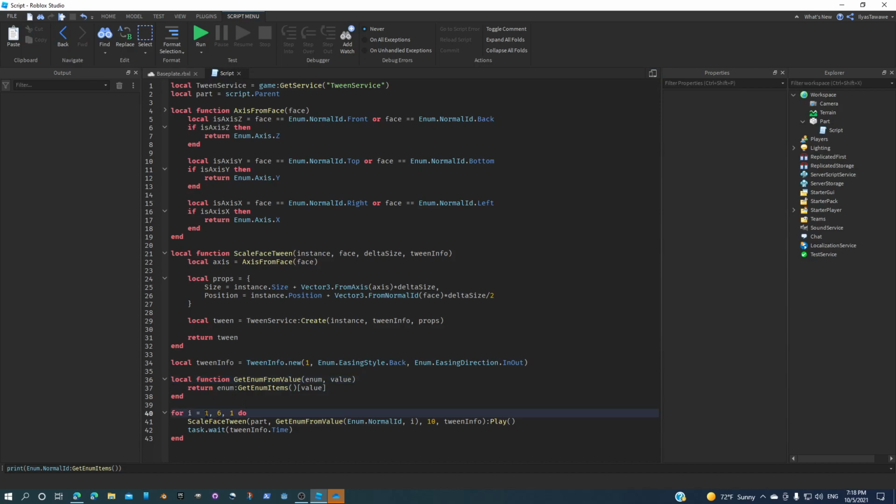So basically, here we just say from 1 to 6, and since an array starts from 1, and there are 6 faces, I just did this loop, and then I said here getEnumFromValue, Enum.NormalId. So I made another. As you can see, there is a lot of information in one video. It's a bit hard to actually get all of it,